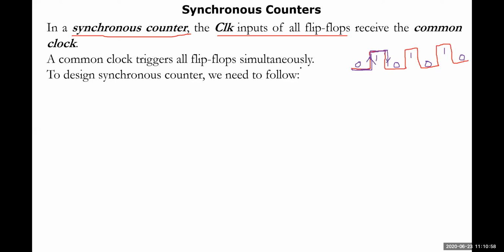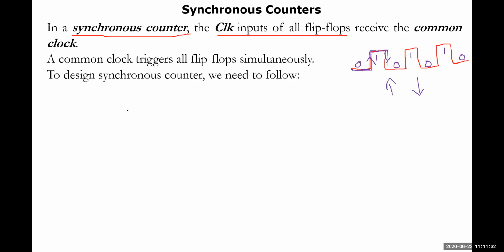Your synchronous counter will be triggered when the clock pulse converts from 0 to 1. Whereas an asynchronous counter is triggered when the clock pulse goes from 1 to 0. That is negatively triggered, and here it is positively triggered. Positive means upward direction triggering, negative means downward direction triggering. That is what you need to consider.